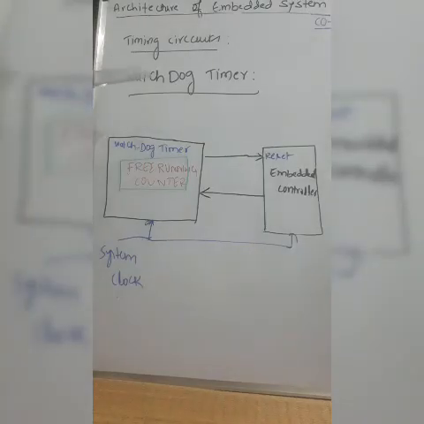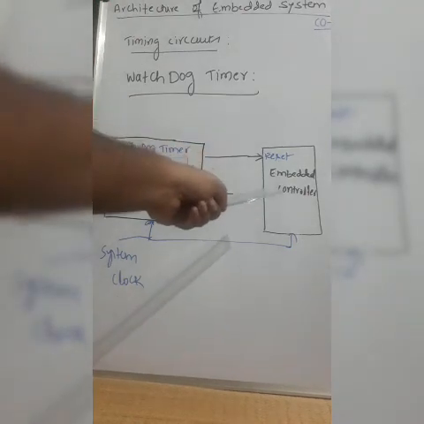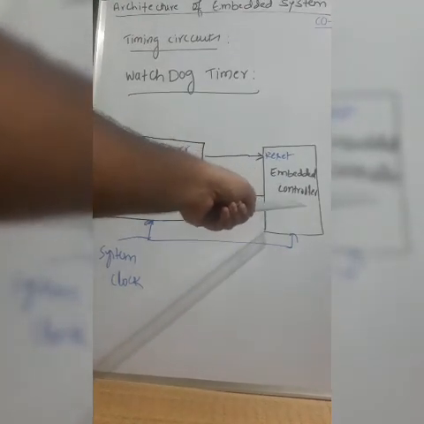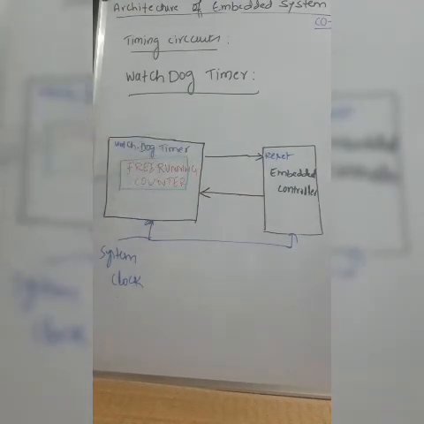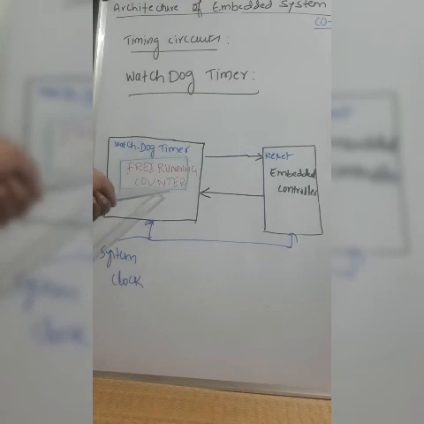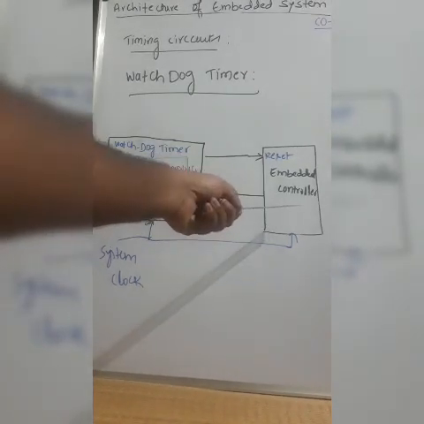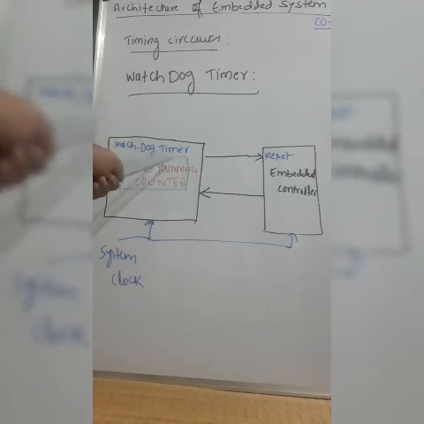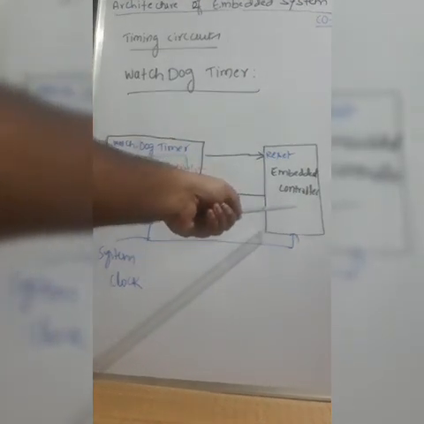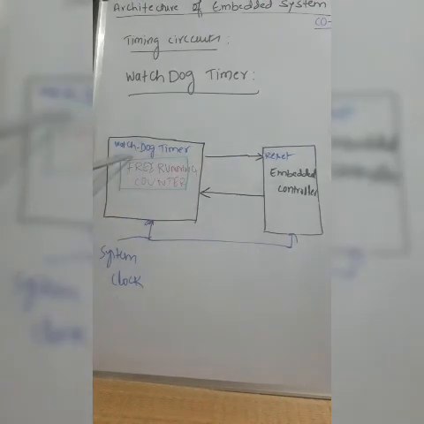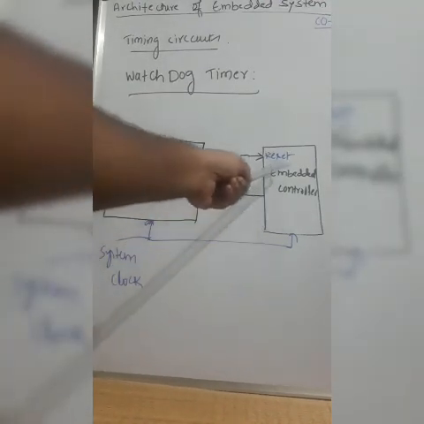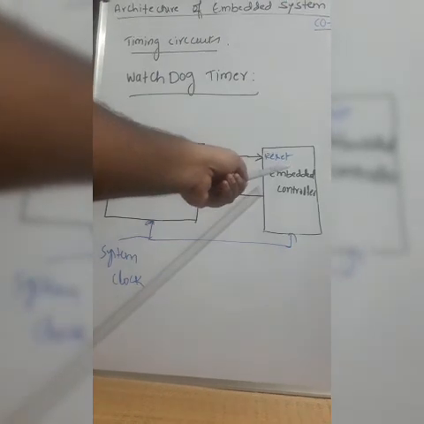Get to know the watchdog timer of an embedded system. A watchdog timer is a hardware unit which monitors the execution of the firmware in an embedded system. The watchdog timer will count the system clock using its counter. Before the watchdog timer could arrive at the last count, if the embedded system fails to complete the execution of the firmware, then the watchdog timer thinks there is an error in the execution of the firmware, and it will reset the embedded system by applying a signal on the reset pin.